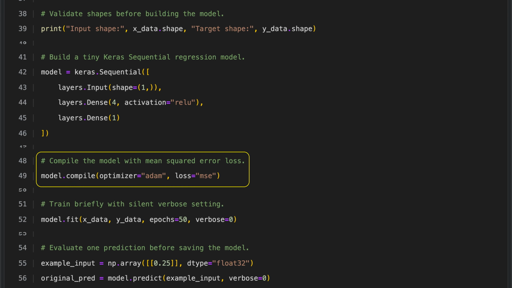The model is set up for training using the Adam optimizer, a common and efficient method for updating neural network weights. It uses mean squared error as the loss function, which is standard for regression tasks because it measures the average squared difference between predicted and actual values. Together, this optimizer and loss function define how the model learns from data and how its performance is evaluated during